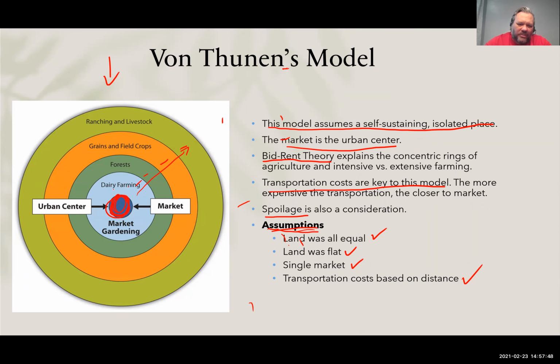And so here's the idea. So we'd have the center of the city here. All right. And this is where the market is. This is where you buy stuff. And directly next to that, we would see dairy farming. And dairy farming would be very close to that because of the spoilage problem and the speed that you would want to transfer that to a market. And so remember, 1826, no refrigeration here. So when dairy farmers would produce their product, they needed to be close to the center. And again, this is not relevant today because